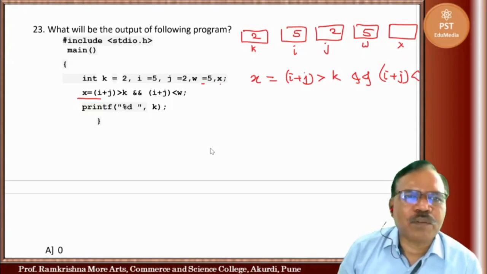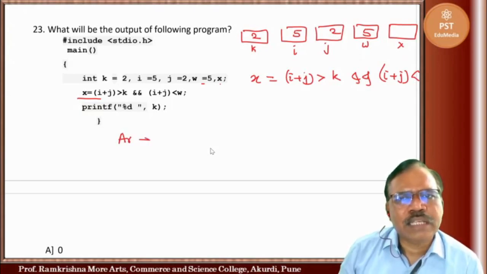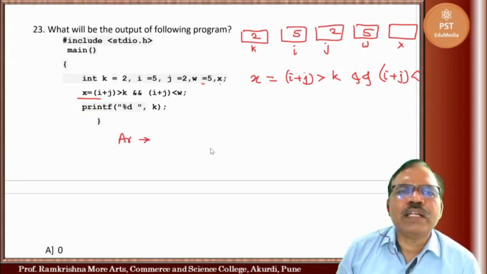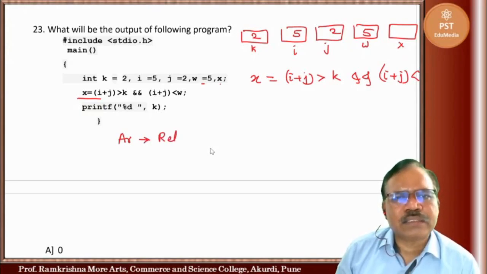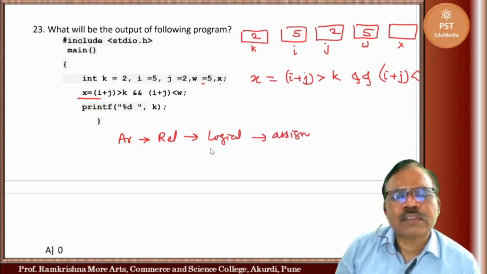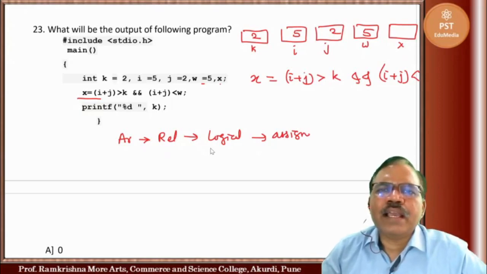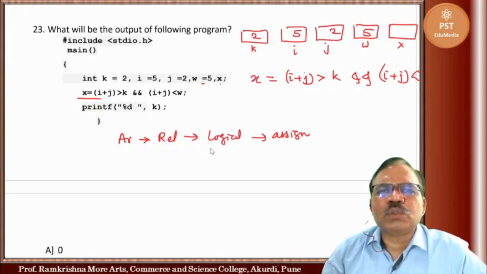The order of performance is arithmetic operators, then relational operators, then logical operators, and then assignment operators. Now here i + j, that is 5 plus 2, 7, greater than k, k means 2,